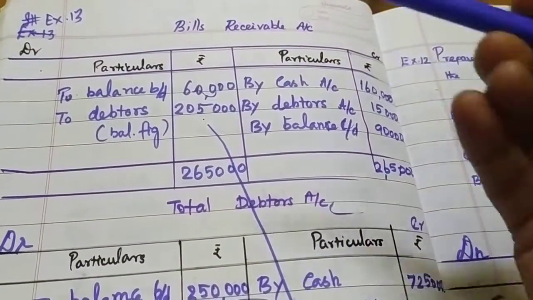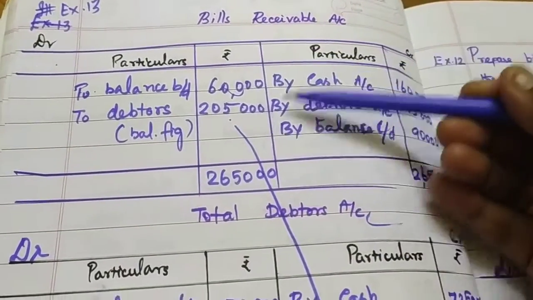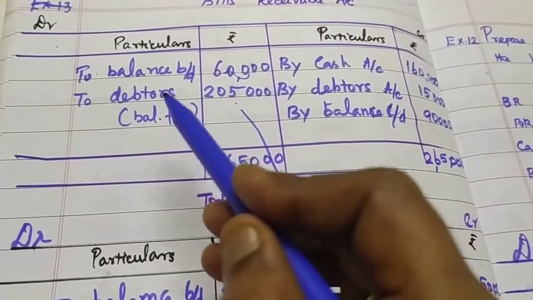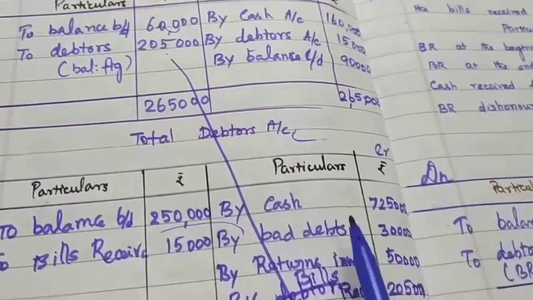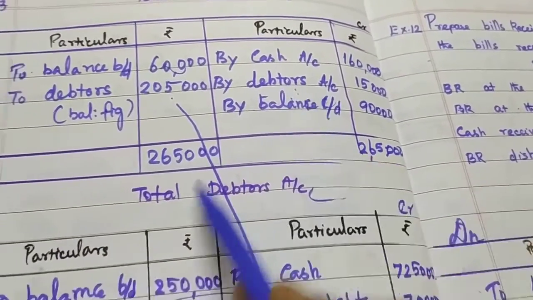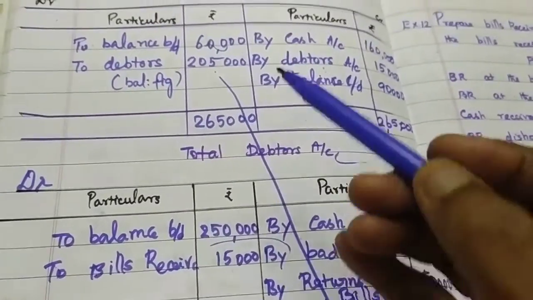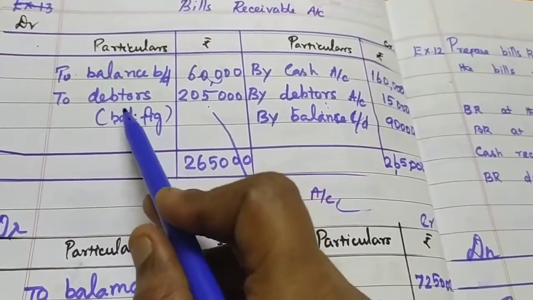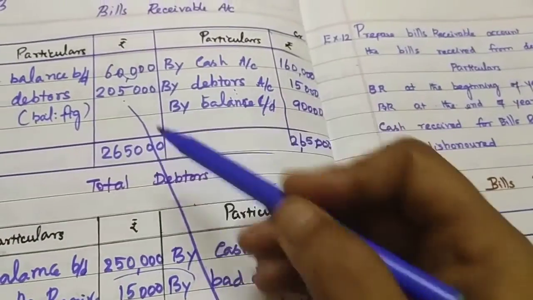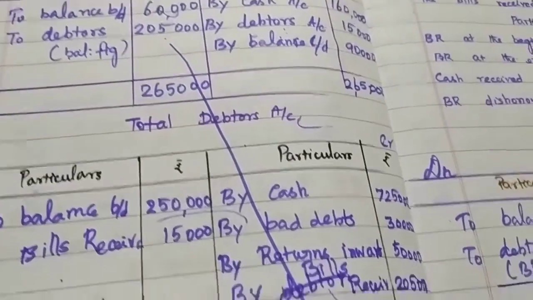That's why I said first prepare bills receivable, then prepare the total debtors account. Post the transactions here, also post the transactions there, then see where debtors is. Debtors is on the debit, which means it will come on the credit. Here on the credit side debtors is there, so this will come on the debit side. So this will come, 15,000. In the bills receivable account we used to write debtors. In the debtors account we have to write bills receivable. Clear? Then what we have to do, as usual, is balance.